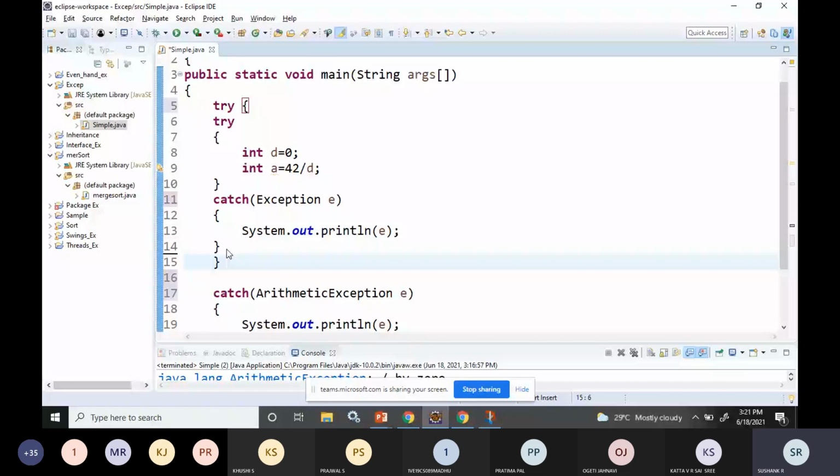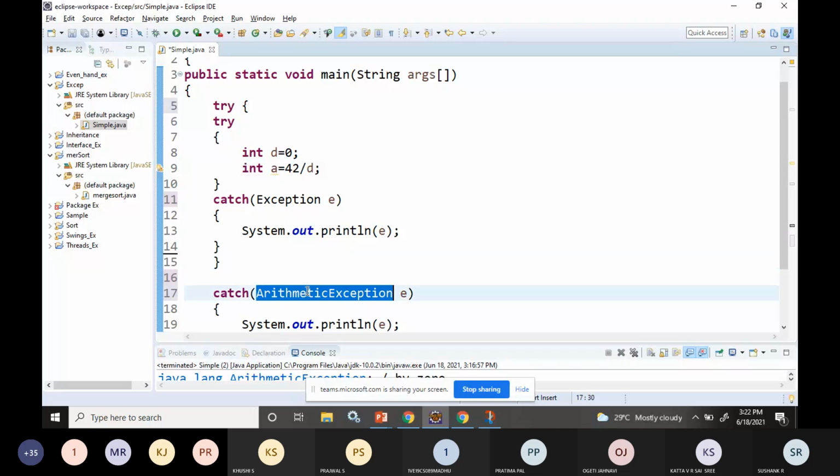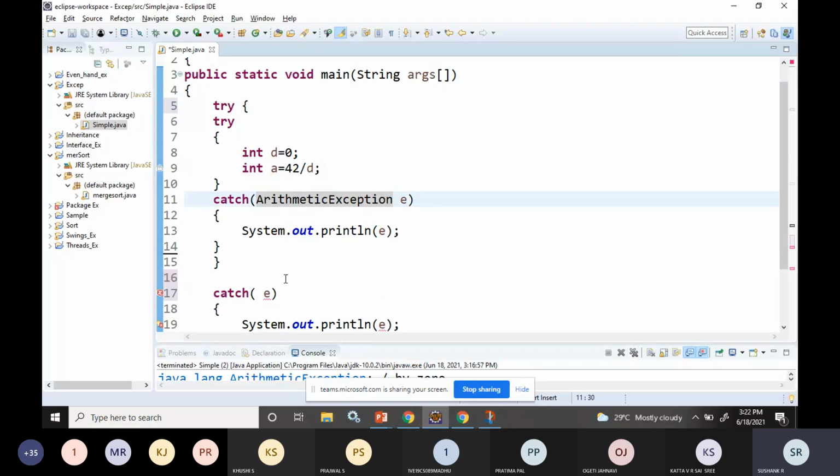Let us modify this; I've written one try statement, and the catch block is there. One second, I'll simplify this example further so that it will be easy for you to understand. Here I'll add arithmetic exception. Here I will add array index.